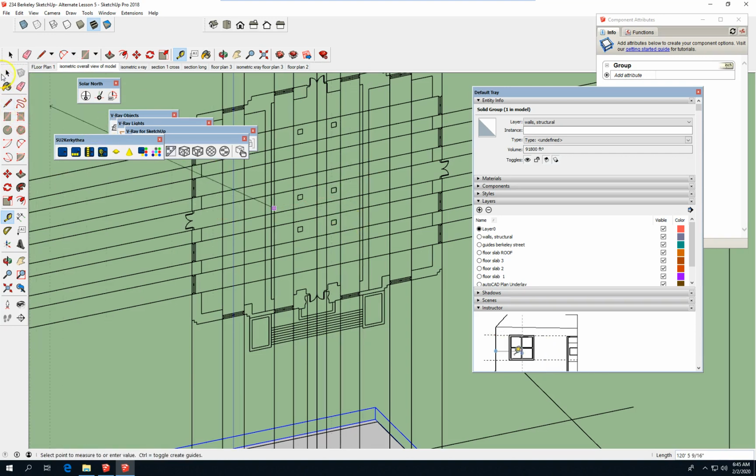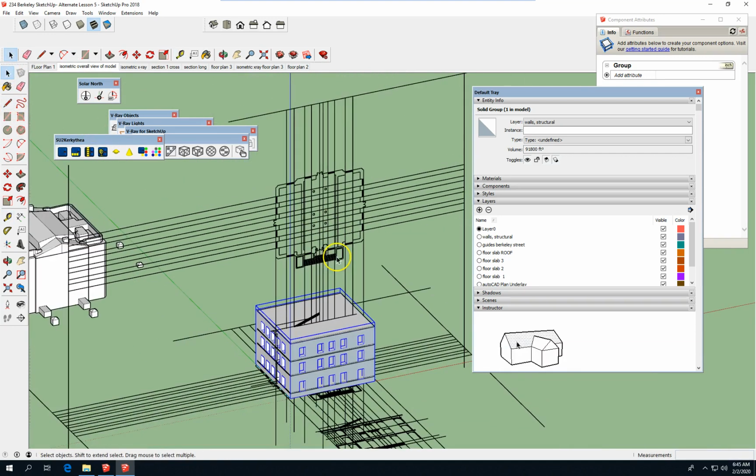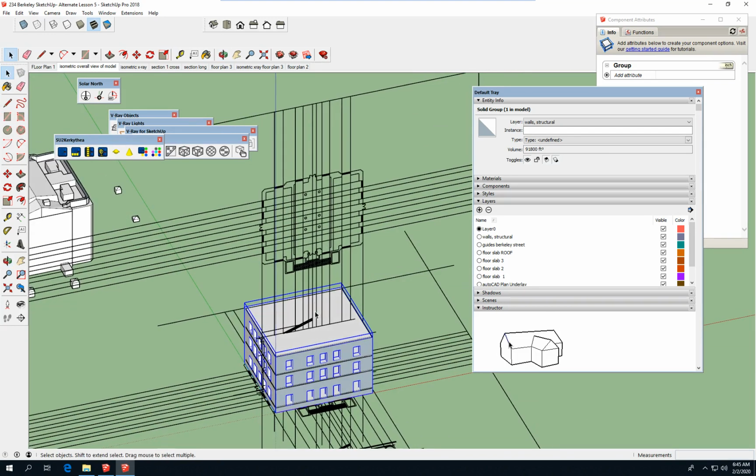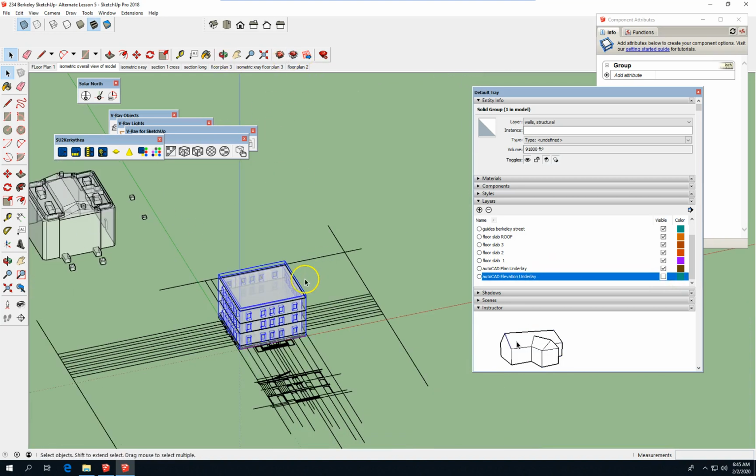So what I'm going to do, a dirty way to visualize that, is to go to X-ray mode, turn off the elevation mode, and just look at the plan